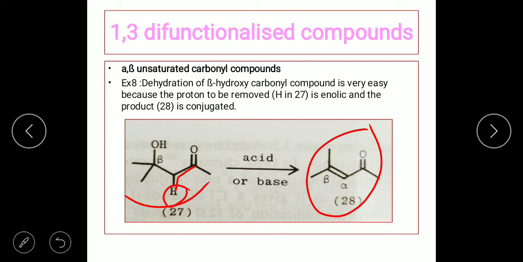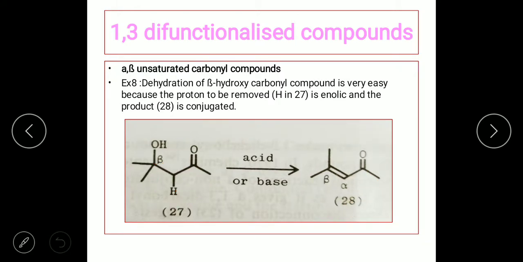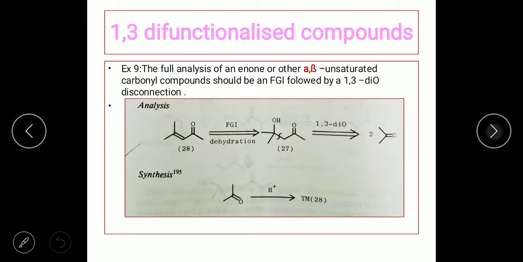In the presence of a base, it can easily lose a proton, and you're going to obtain an alpha beta unsaturated group. So here there's going to be a movement of electrons towards the beta carbon to form a double bond, and the elimination of the hydroxyl group. Hence we are going to get an alpha beta unsaturated compound of this kind. As I already told, this can be easily used in the synthesis, and you can easily do the disconnection at the double bond, which we'll look at in the examples.